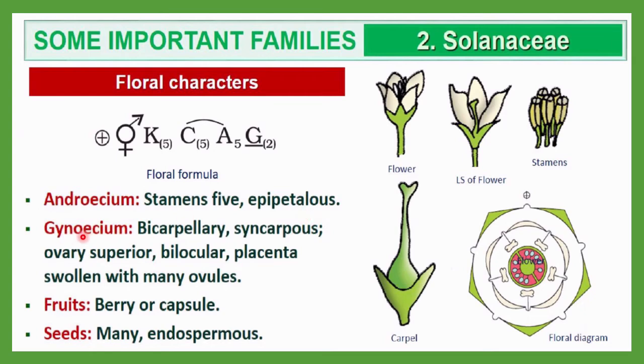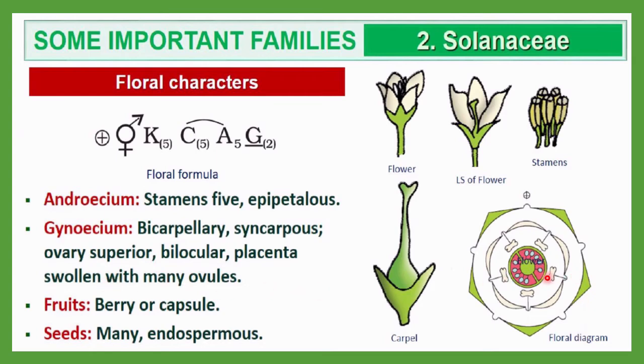Now let me discuss gynoecium. Here bicarpellary means the carpel number is 2. Here you can see 1 and 2. Both are syncarpous, meaning fused together, and that's why it is written in the bracket. And the ovary is superior, and that's why you can see G is underlined, because you can show the superior ovary by underlining this G. Bilocular, the locules, the chambers in the ovary, are 2, 1 and 2. Sorry, it is a fused ovary, and that's why it is syncarpous, and that's why you can see this bilocular type of ovary.